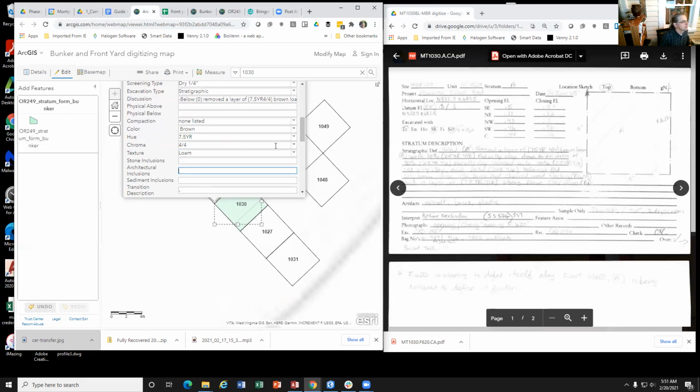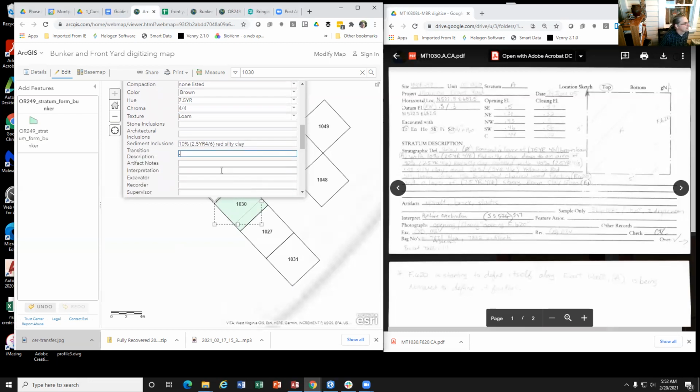The sediment inclusions, there actually is something, because they said with a 10% 2.5 YR 4/6 red silty clay. So I'm just going to copy this red silty clay. You can copy it, and this sediment inclusions is basically these kind of soil inclusions, and so that gets put right there. And a lot of times you will have this.